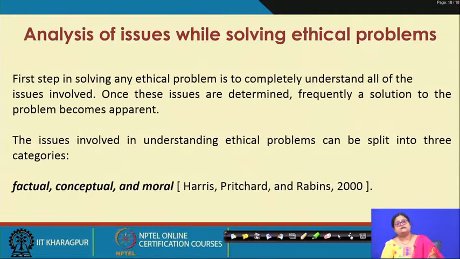But though in this case it has led to the same conclusion, it may sometimes happen that all the ethical theories may not lead to the same conclusion. Like we saw in the example of the dam, we may try to prove from the utilitarian perspective that it is good to have the dam because it is beneficial maybe for a larger set of individuals.